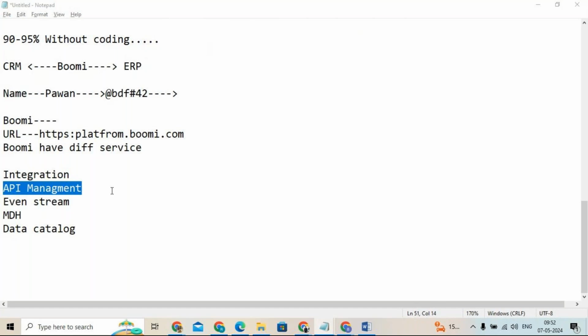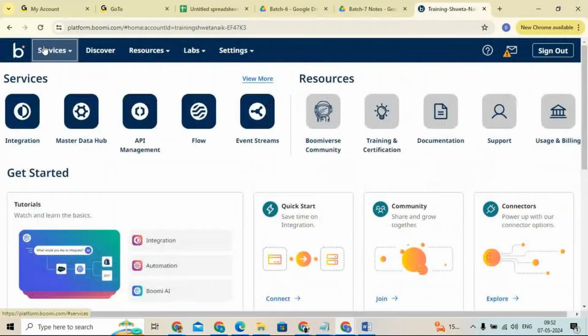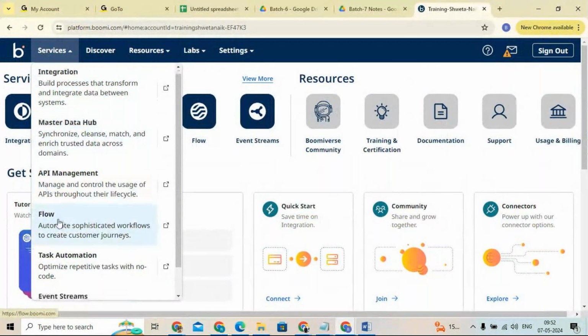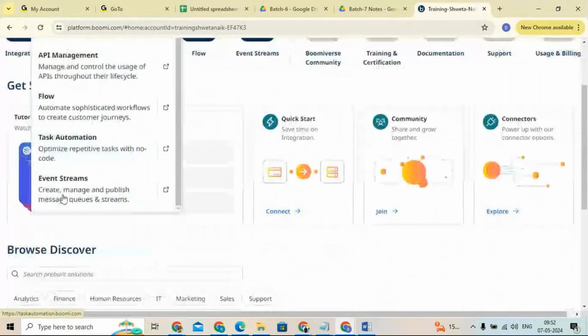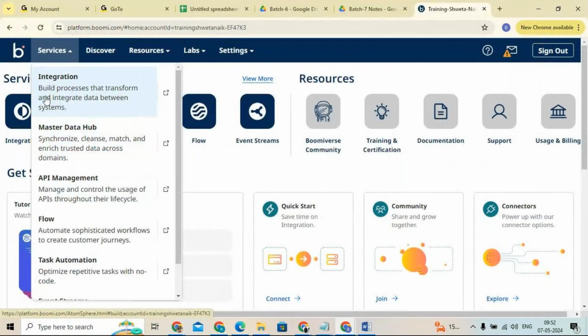If I come here, this is my platform, right? Here we have different services: integration, master data hub, API management, flow, task automation, event stream. So mainly we will focus on the integration. If I click on the integration service,